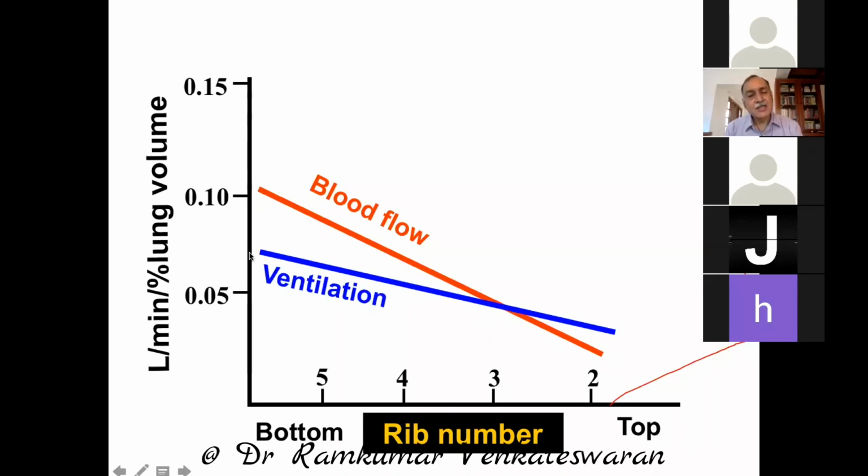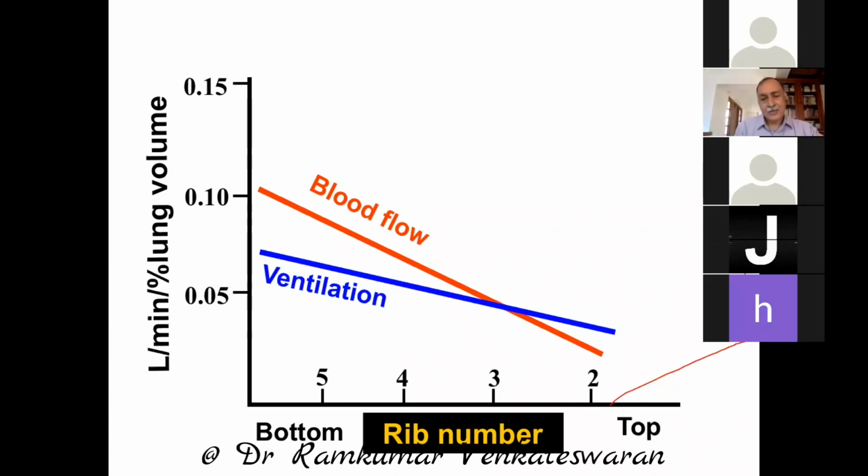So essentially, the ventilation is twice as much per unit lung volume at the bottom of the lung as compared to the top, while the blood flow is 10 times as much at the bottom of the lung as compared to the top. And now these relationships will be unfolded when we start looking at ventilation versus perfusion as a